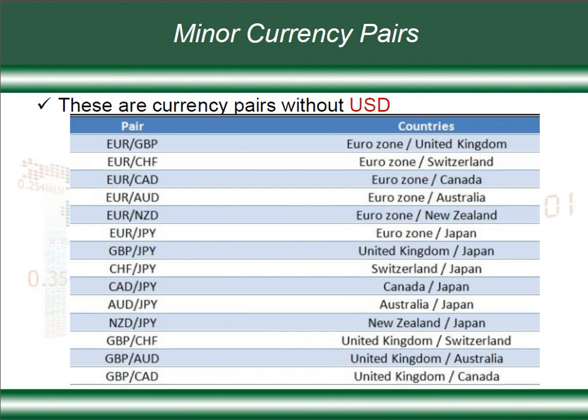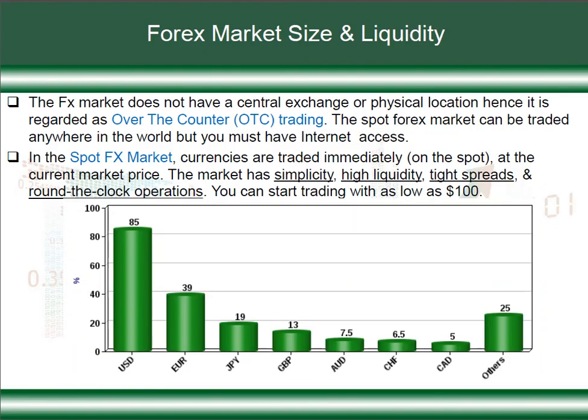Now let's move to another concept called the Forex market size. You would like to know the size of the Forex market? More especially, you need to know how it is possible for you to trade Forex. Now you need to know that Forex is traded over the counter, OTC. Traded over the counter means there is no head office for it, Forex. There's no central location where trades are handled from.